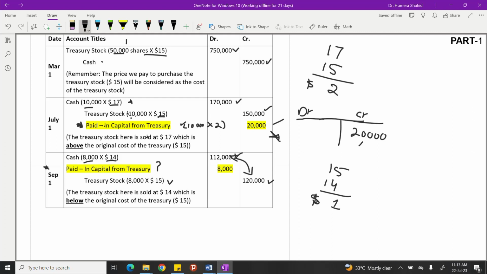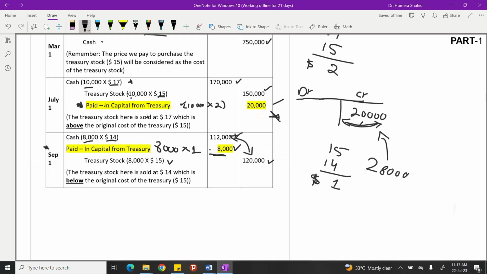8,000 shares were issued again, and the lower price is $1 for each, so 8,000 gets debit. Do we have 8,000 in the paid in capital account? Yes, we actually have 20,000, so we can debit it. For example, if this debit amount were 28,000, can we debit it? No, we can only debit up to 20,000, and the remaining 8,000 will go to retained earnings. But in this case, we have 8,000, so that's why we are debiting paid in capital